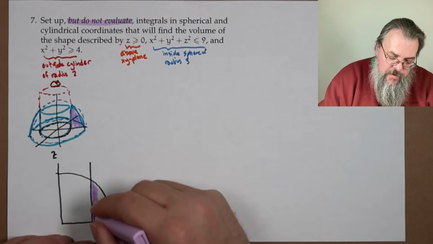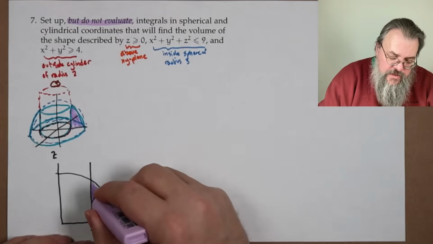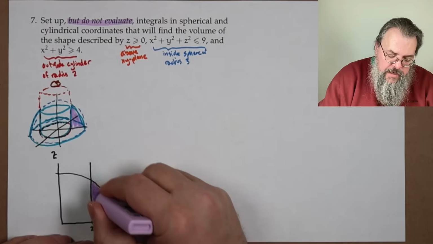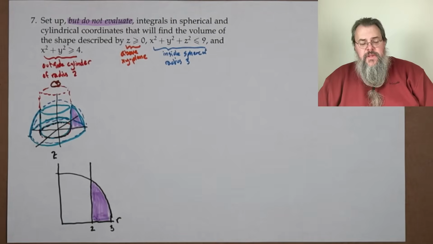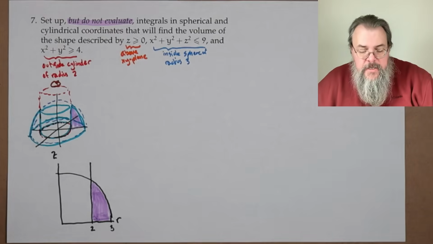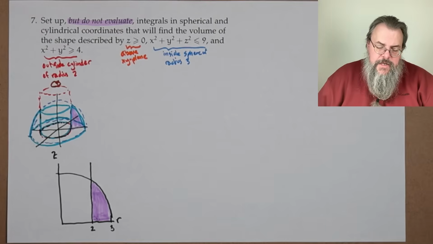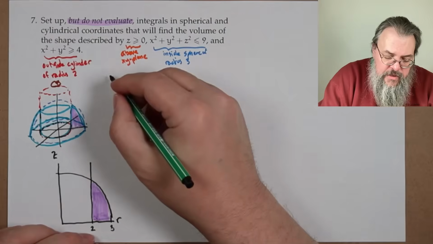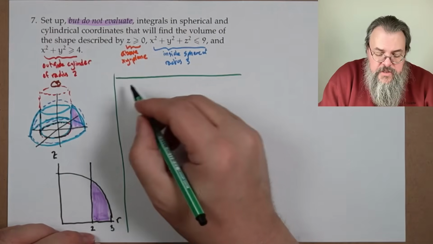Okay, so we have to do this in both spherical and cylindrical coordinates. So we have to decide. It doesn't really matter which one's first. We have to do them both. And I think I'll do cylindrical first. Cylindrical tends to be very convenient. So let's make some notes here. So for cylindrical,